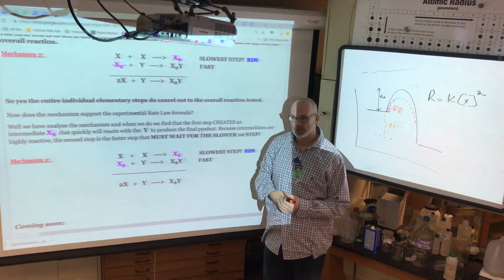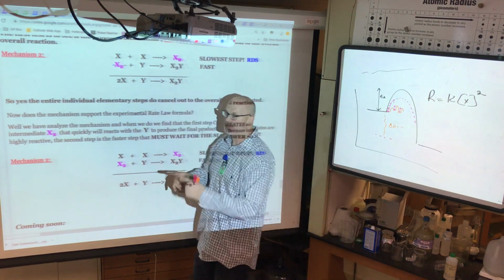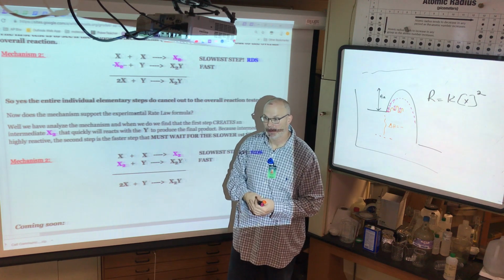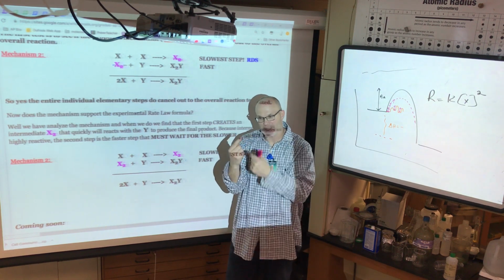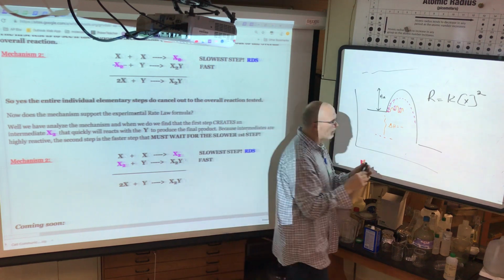Yes? Is the rate determining step normally the first one? It is in this scenario. It's always the slowest one. Now, last night you guys did fast equilibrium. Fast equilibrium, the second one is. Because if you have a fast equilibrium,